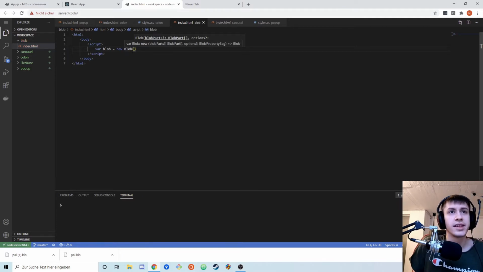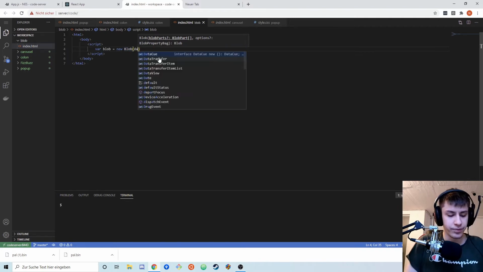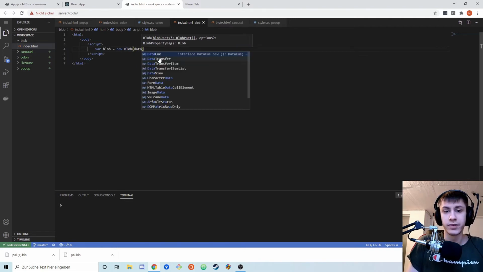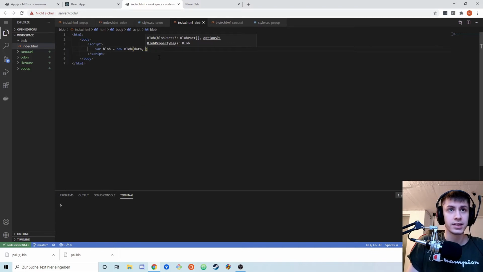So this can contain any type of data, just like a file can. Like I can have bin files, I can have files without an extension, all that good stuff. For now, we're just gonna say data. So this is a variable we'll define shortly. And this is gonna be our type. So type is text